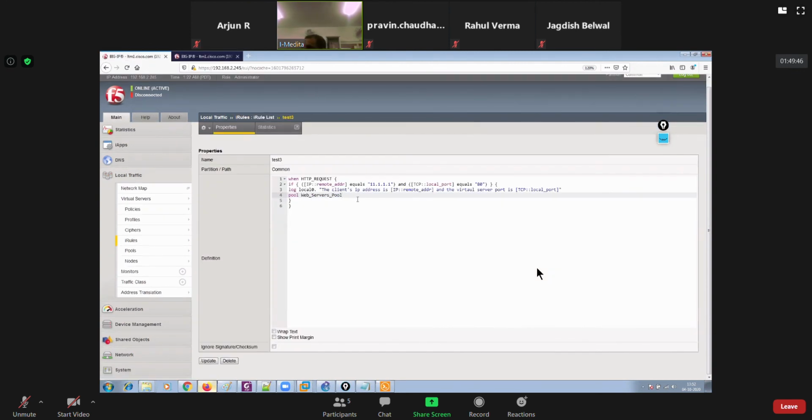Right, and thereafter you could say bracket close, else bracket open, and then maybe pool, and let's say I had a pool with the name of default pool.